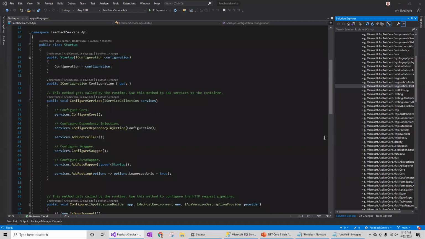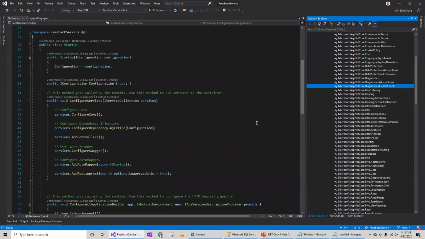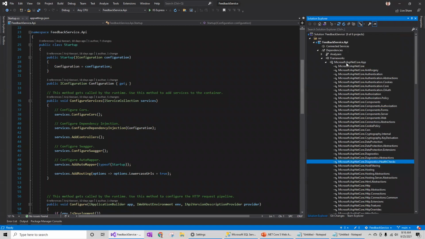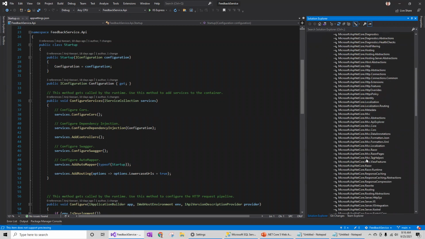So let's begin with how to connect to the health check. When we create the API, we already get the NuGet package as part of the Microsoft ASP.NET Core app. You will have the health check related NuGet package, which is called Microsoft.AspNetCore.Diagnostics.HealthChecks.